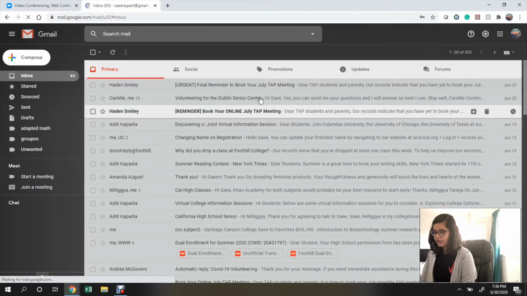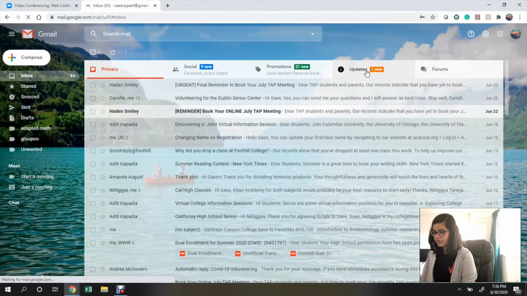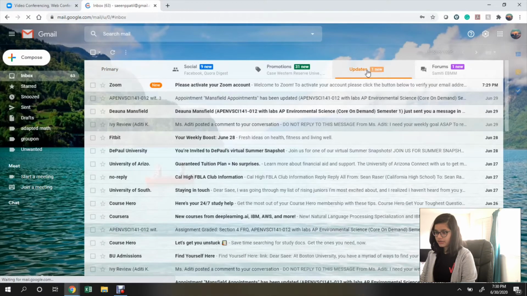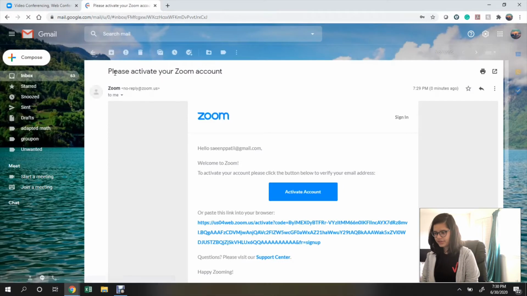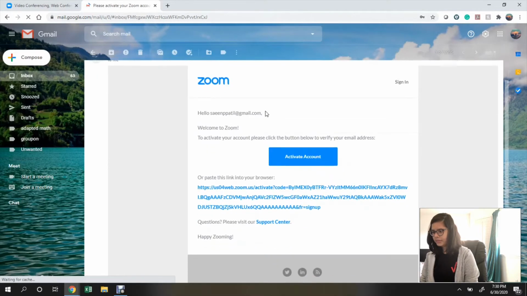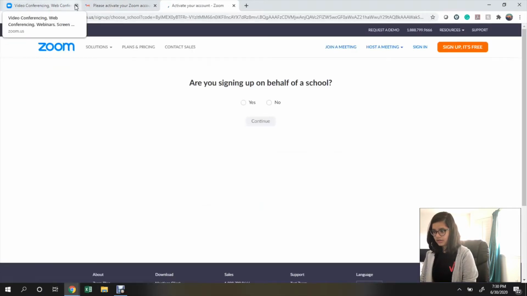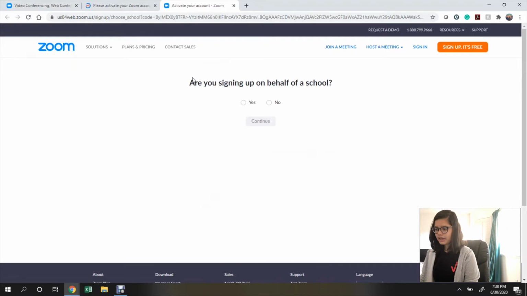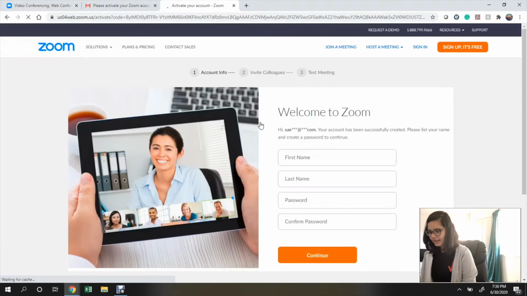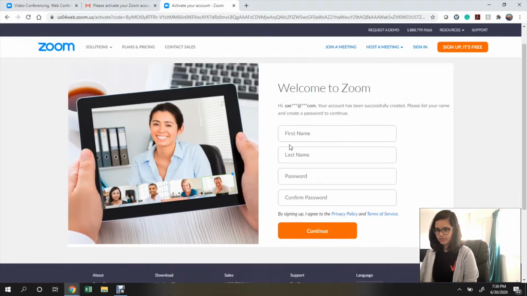And if I go to the Updates tab, I will see a message from Zoom, and it says, please activate your Zoom account. So there's a big button here that says activate account, so you press there. And then it's asking me, are you signing up on behalf of a school? I'm going to say no, because I currently don't have school. And then it says welcome to Zoom. I can close the other tabs